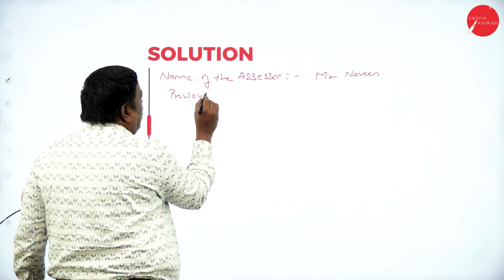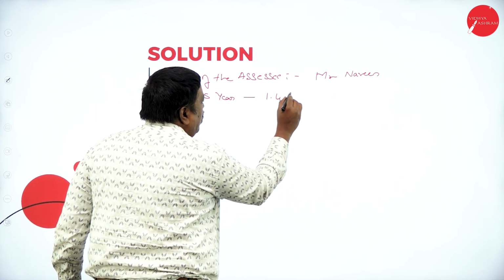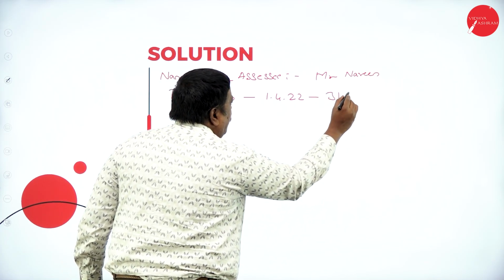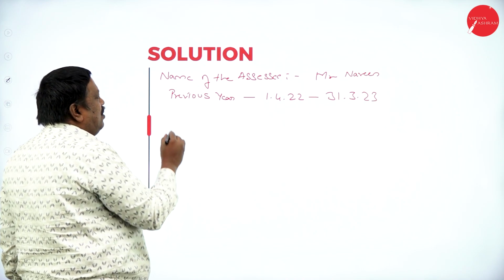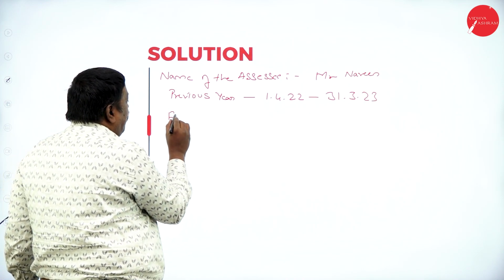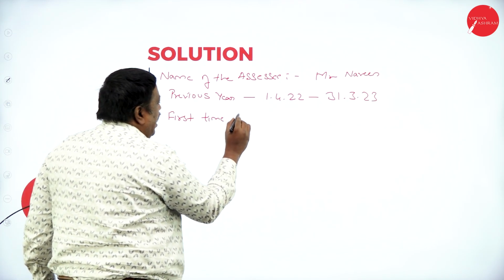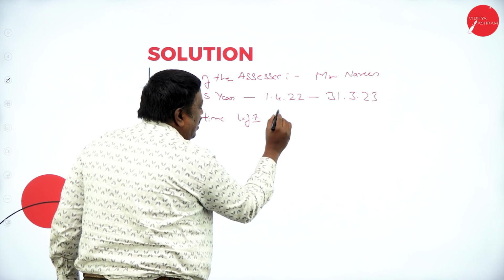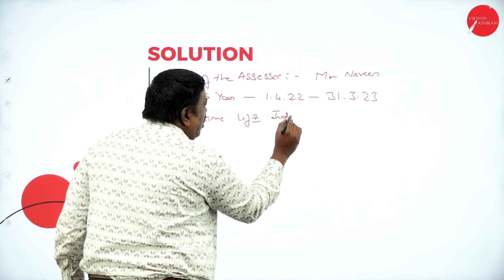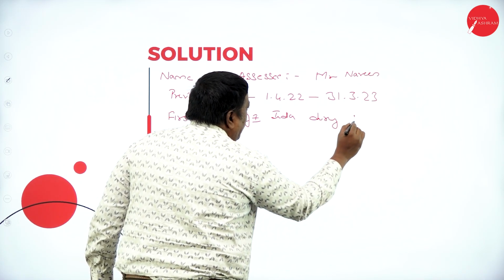Current previous year is 1st April 2022 to 31st March 2023. Right? And then I have to write here first time left India during previous year